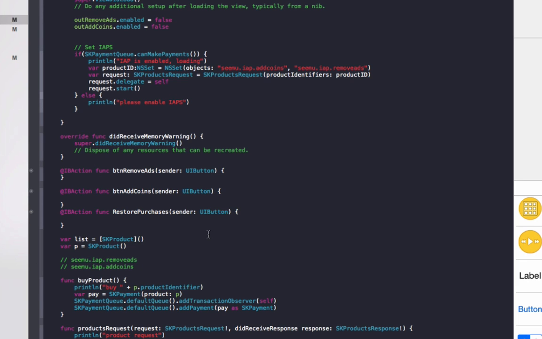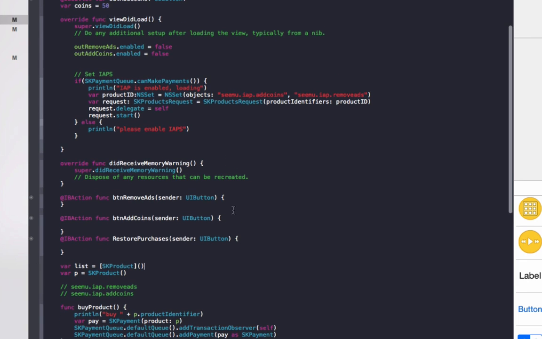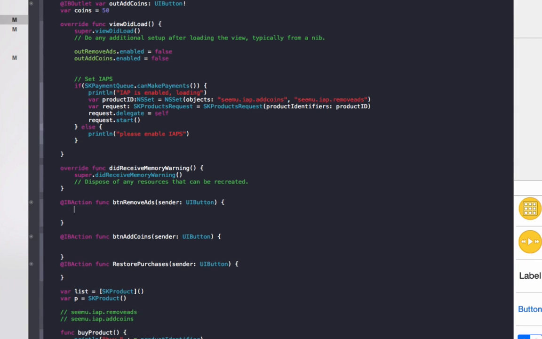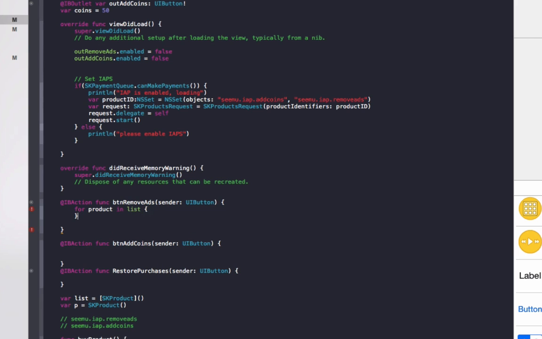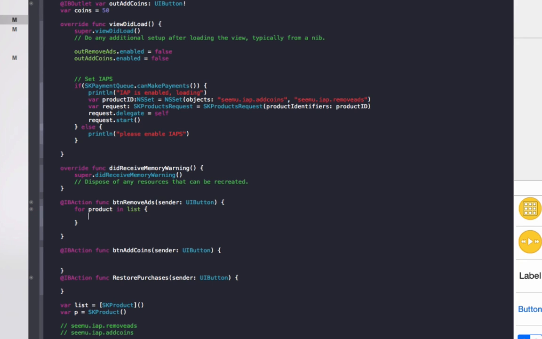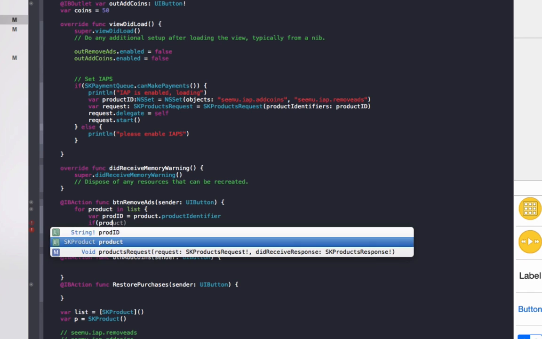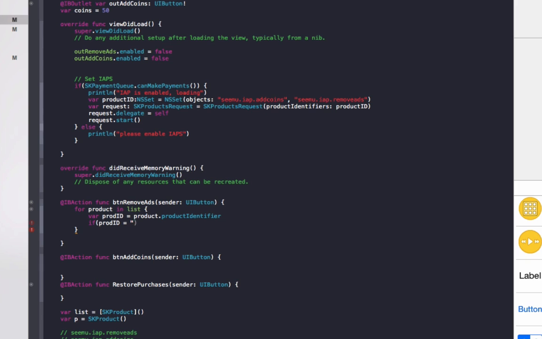Okay, so we've just got a few more things to do. The first one is our buttons to run the in-app purchase code. We'll do the first one, which is remove ads. So we need to do for product in list, let productID equal product.productIdentifier, and if productID equals Seemu.iapp.removeads,